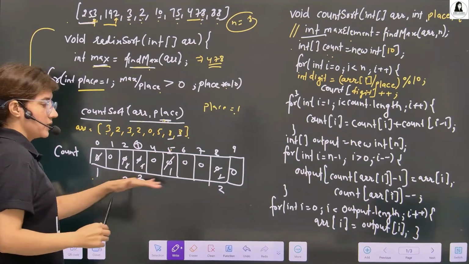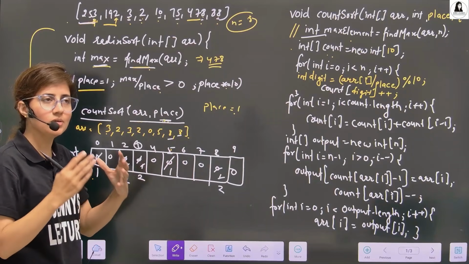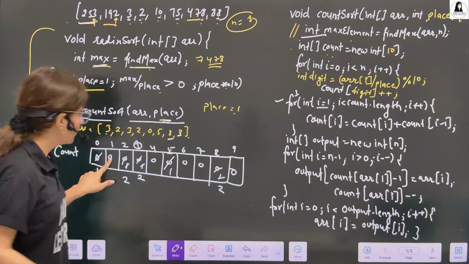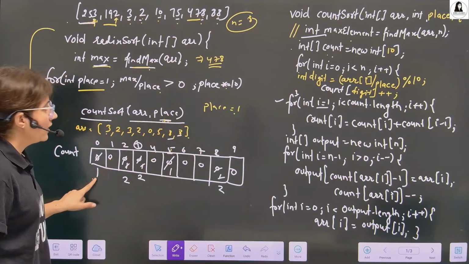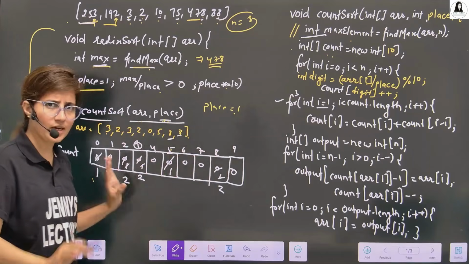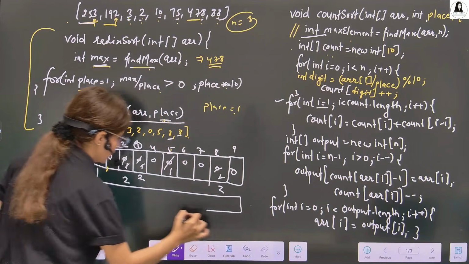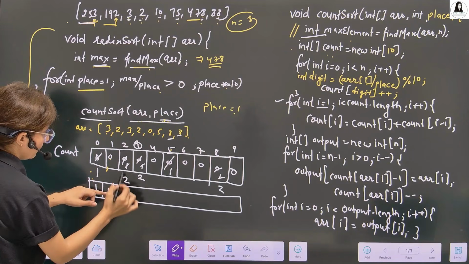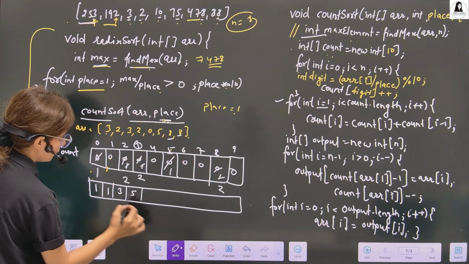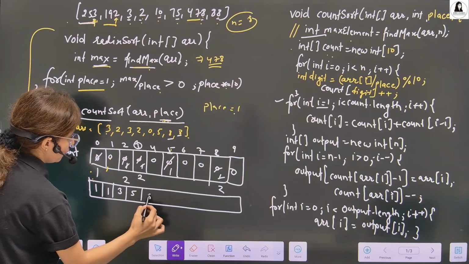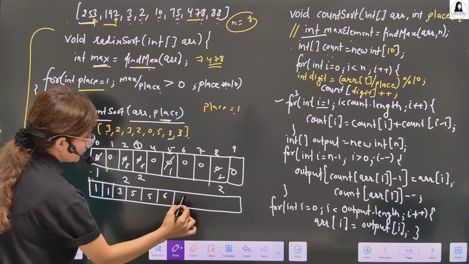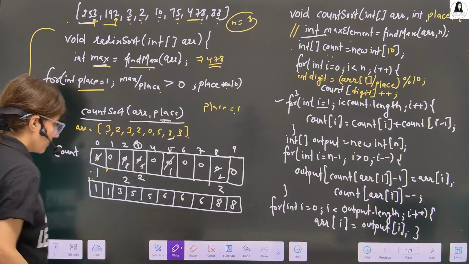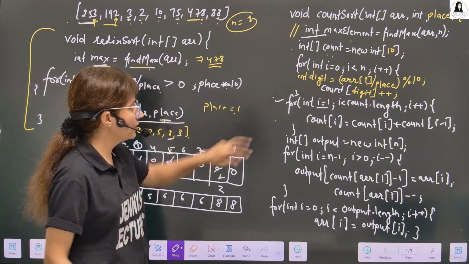Now we are applying stable count sort. So again, you have to modify this count to find out the positions. That is simple. We just run the loop from 1 till count dot length, i plus plus, and count of i would be count of i plus count of i minus 1, that we know. So the updated count array would be something like this. At first we have 1, that would be as it is. Then 1 plus 0, 1. 1 plus 2, 3. 3 plus 2, 5. 5 plus 0, 5. 5 plus 1, 6. 6 plus 0, 6. 6 plus 0, 6. 6 plus 2, 8. 8 plus 0, 8. This is my updated count array now after this loop.